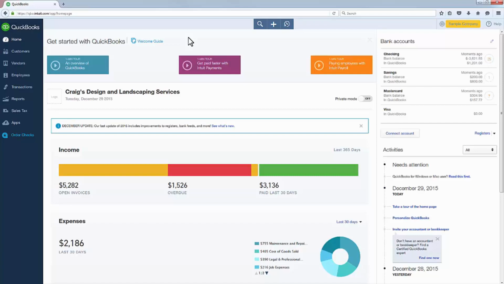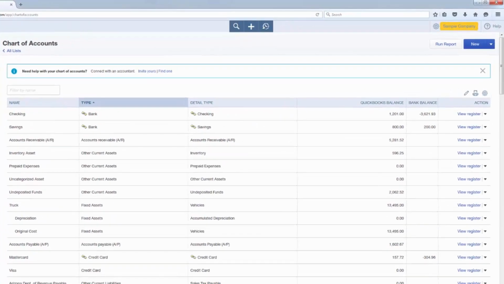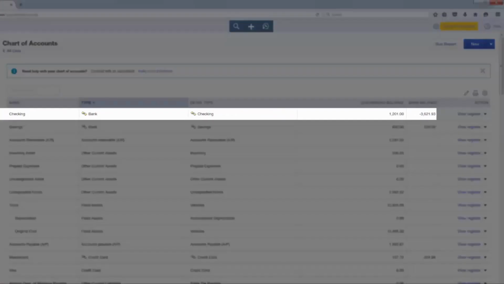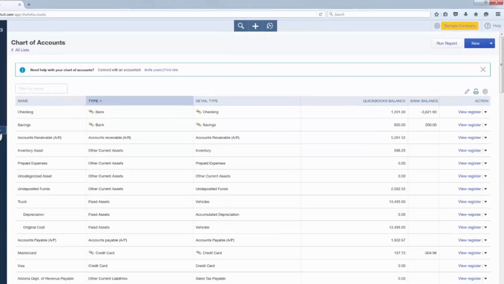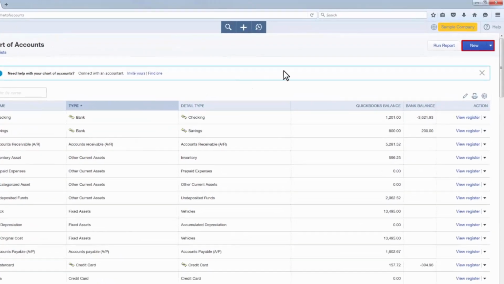Let's begin by adding a new checking account with a beginning balance of $20,000. To do this, click Transactions and then click Chart of Accounts from the navigation bar. As we can see, only one checking account has a QuickBooks balance of $1,201. To add a new checking account, click the New button in the upper right-hand corner of the Chart of